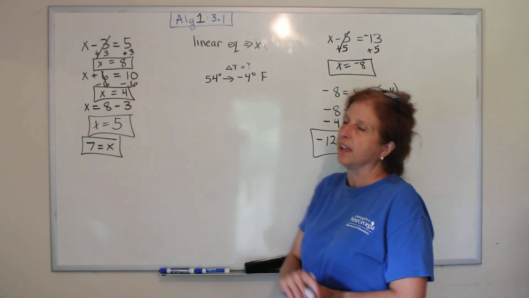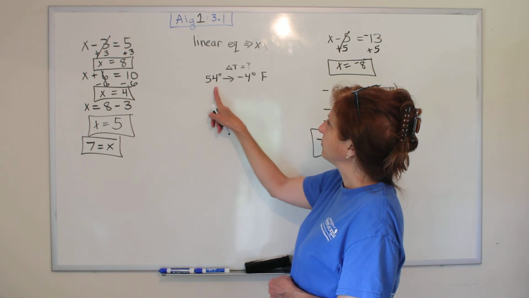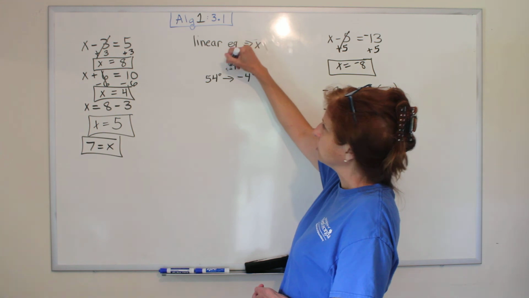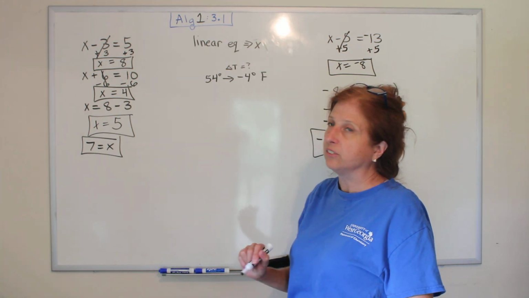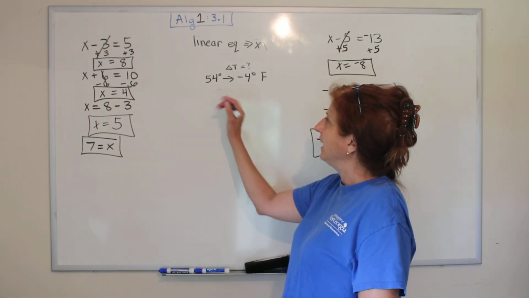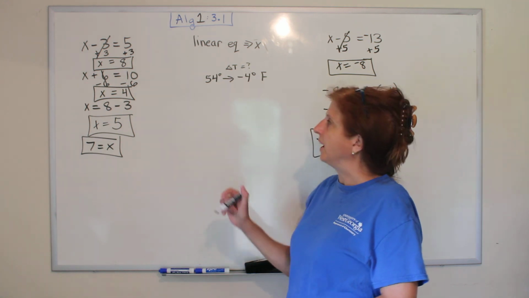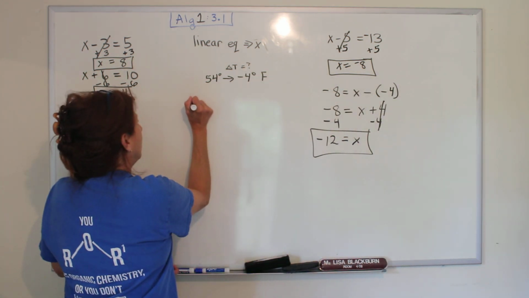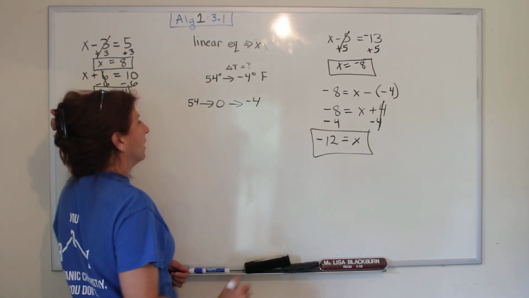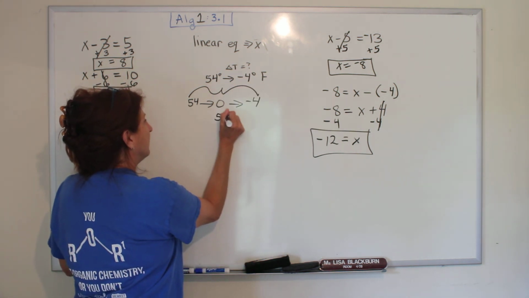Okay, in your book there's a word problem, and it says the temperature changed from 54 degrees to negative 4 degrees. How much did the temperature change? A triangle in math is the Greek letter delta, and it means change or difference. Now what makes this tricky is it's not 50, because it's not 50 minus 4. We have to go from 54 to 0 and from 0 to negative 4. So how much was our temperature change? It was 58